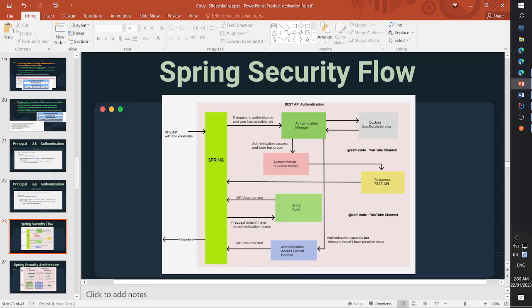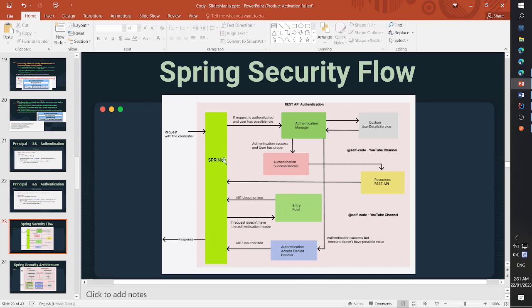For the Spring security flow, I will explain as much as I know. The reason is that the document is always updated, so some things are beyond my knowledge. So I have drawn the design of the Spring security